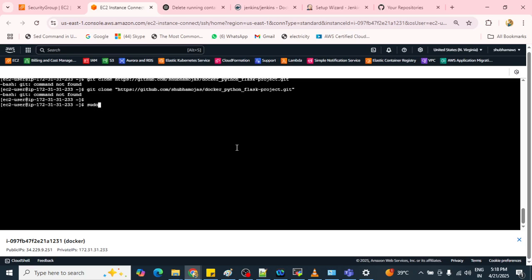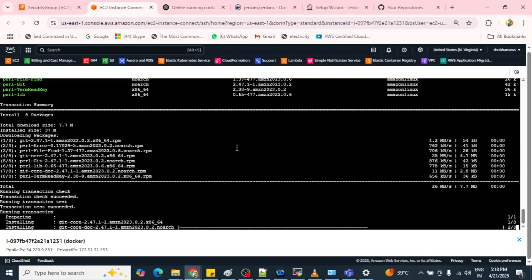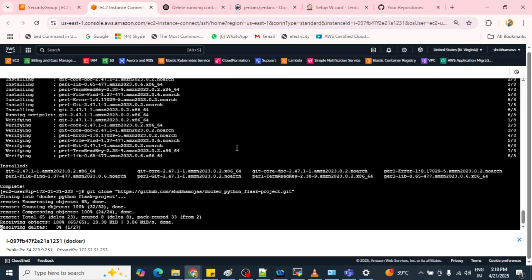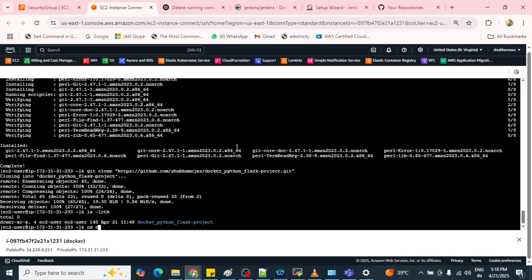So sudo yum install git. In that particular VM git is not there, so that's why it is showing git is not there. Okay, so git clone, now it is cloned. Now we got the repository also.